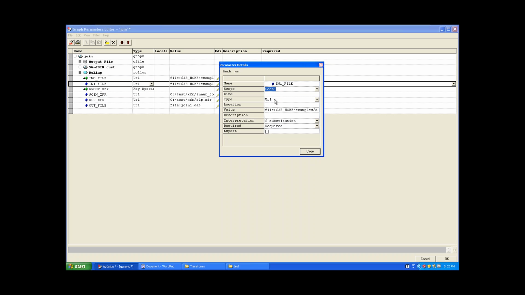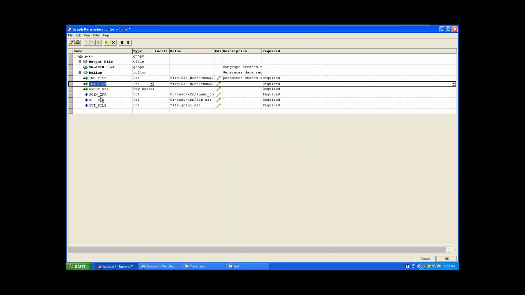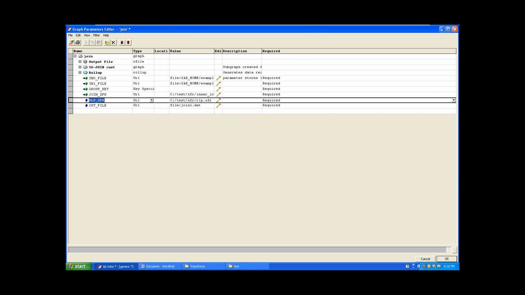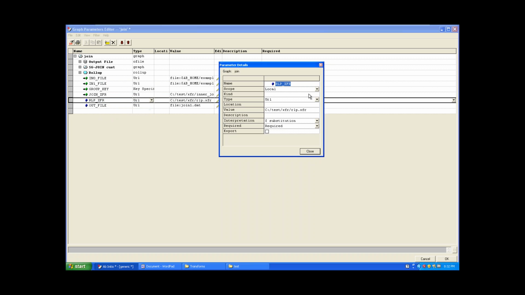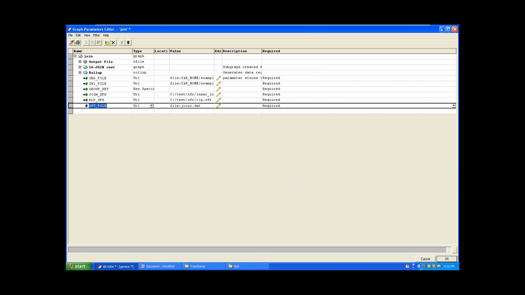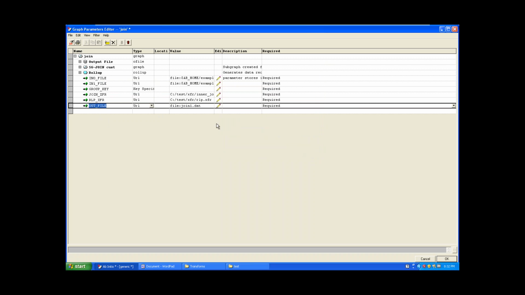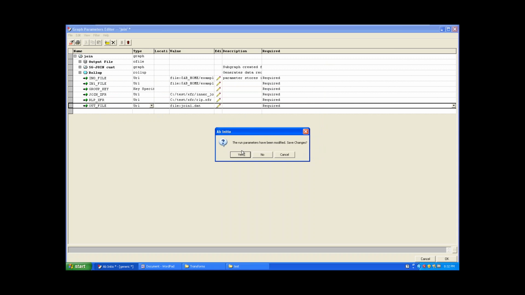Okay, so this one I am also making as formal parameter, and this one I am also making as formal parameter, and this one also formal parameter, this one also formal parameter. Okay, so now let me save the changes,